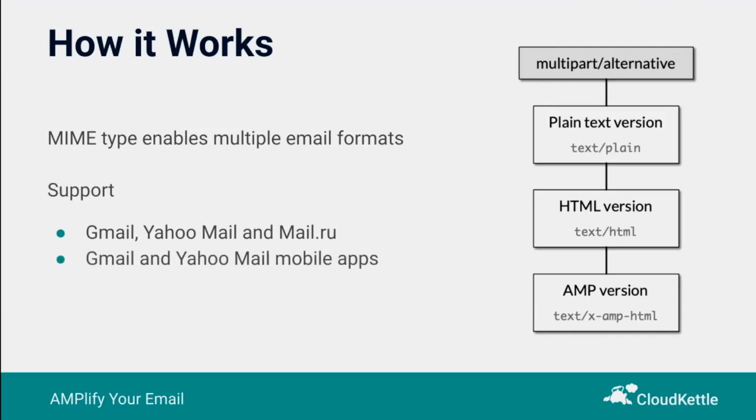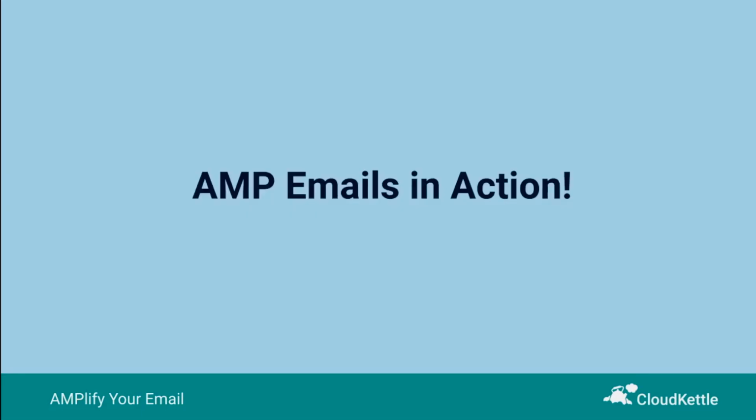Additionally, AMP emails can only be displayed on supported user agents, which, in addition to mobile apps, include Chrome, Firefox, Safari, and Opera web browsers. I'd now like to share a few examples that I've created which highlight the capabilities of this framework. Now, for this demonstration, I'm going to use the AMP Gmail Playground, which is one of several development environments available for you to go and build and test your emails.